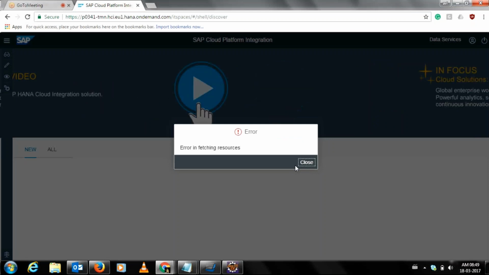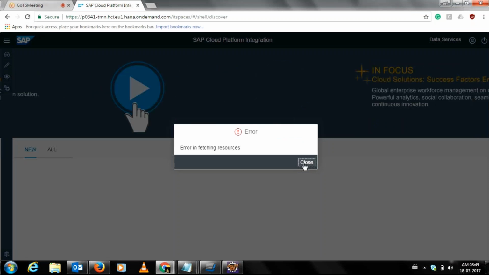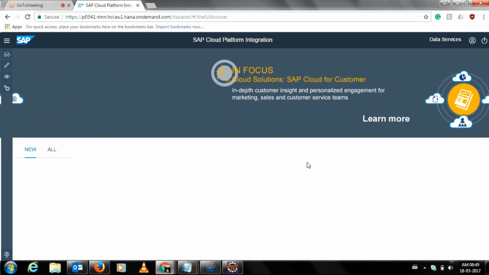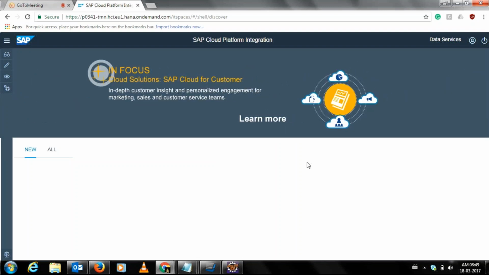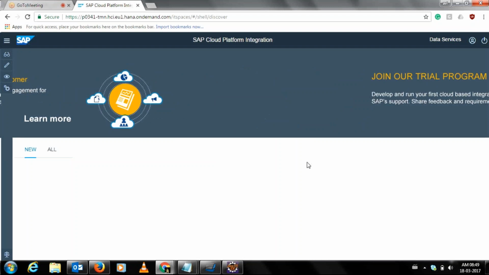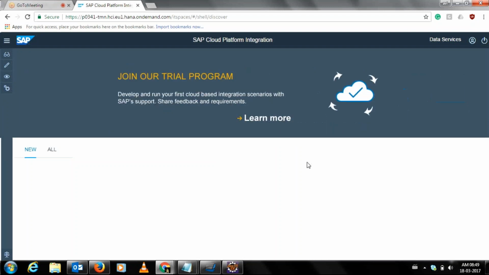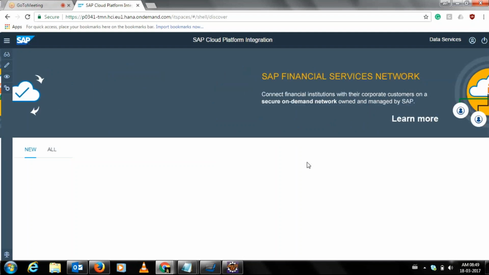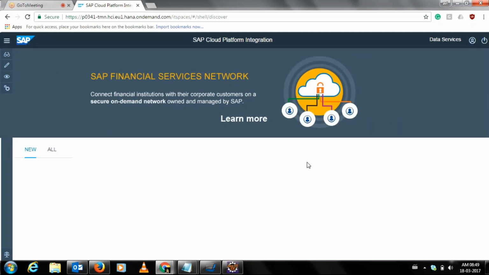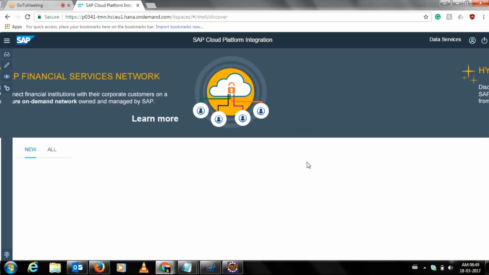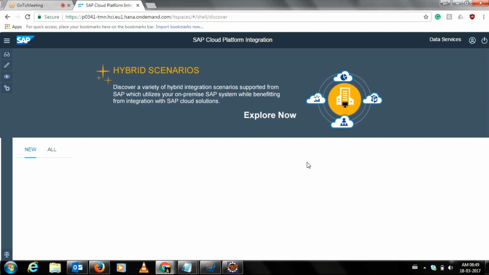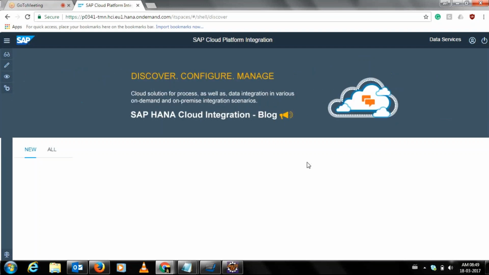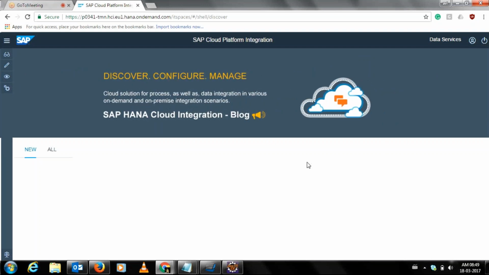And they claim 99.9% uptime. This is a test environment, right? That's why. No, this second one is my production. Oh, okay. Wow. That's not good. I'm not sure how to deal with it. If you are telling the customer that SAP is claiming 99.9% uptime, and then they do these things, then